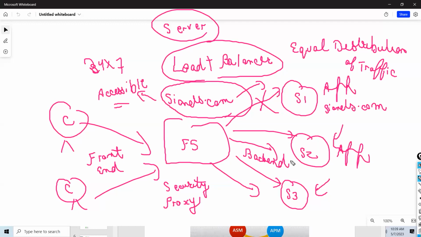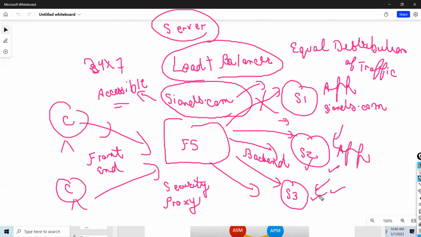So that is a term called load balancer that distributes traffic across multiple backend servers efficiently. So I want to distribute my client requests to multiple servers. Even if this server goes down, there is a redundancy. You will get your resources from these servers. That is an advantage of your load balancer.